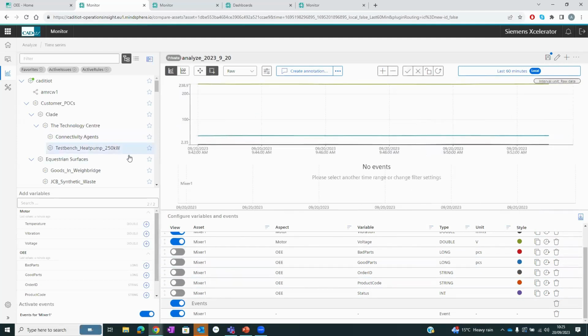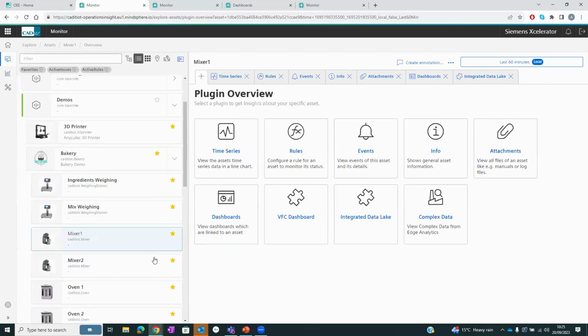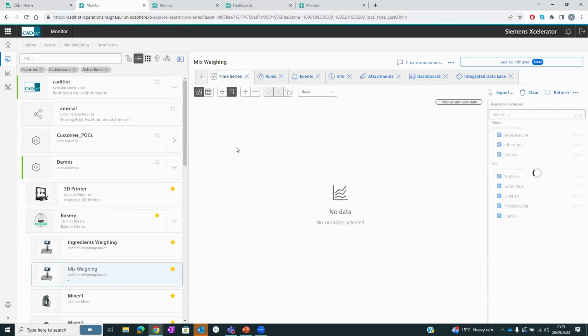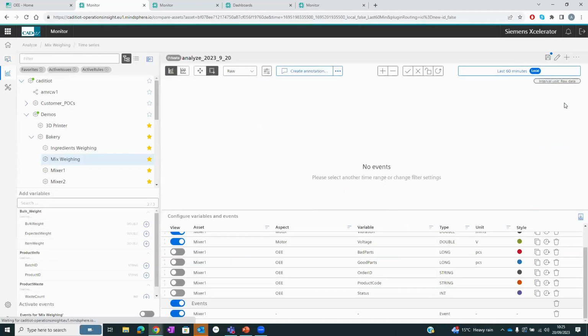So what I'm going to actually do then is look a little further at the other parts of the operation to understand what was coming off the mixer. So the mixer has, after the mixing stage, there is a weighing stage. So this now gives me the information related to the weights that are coming off that particular mixer. So again, if I take some analysis